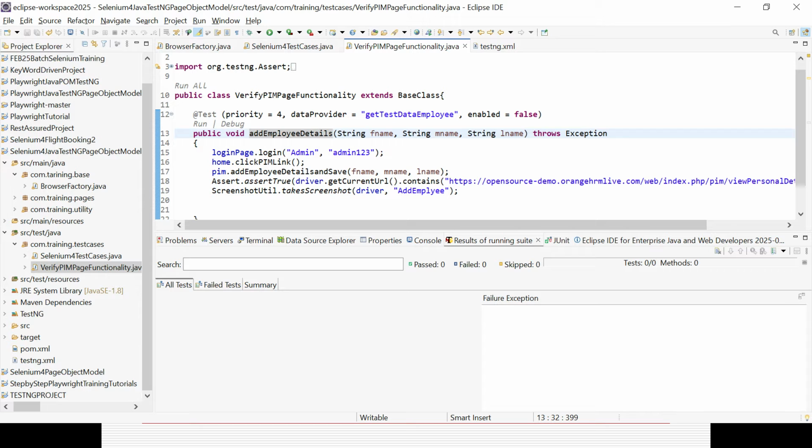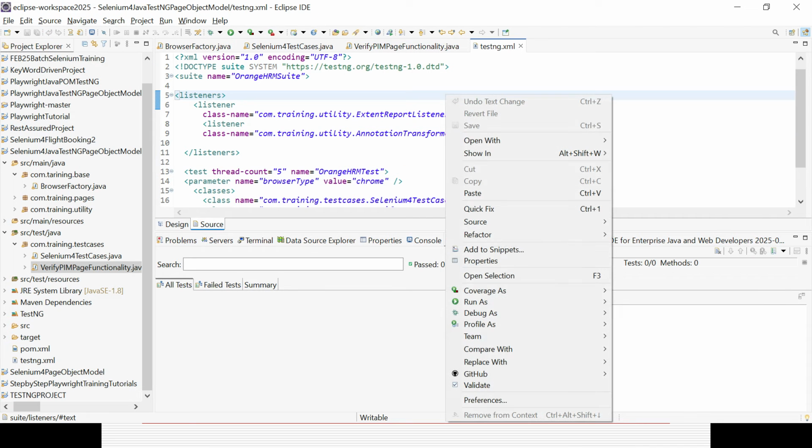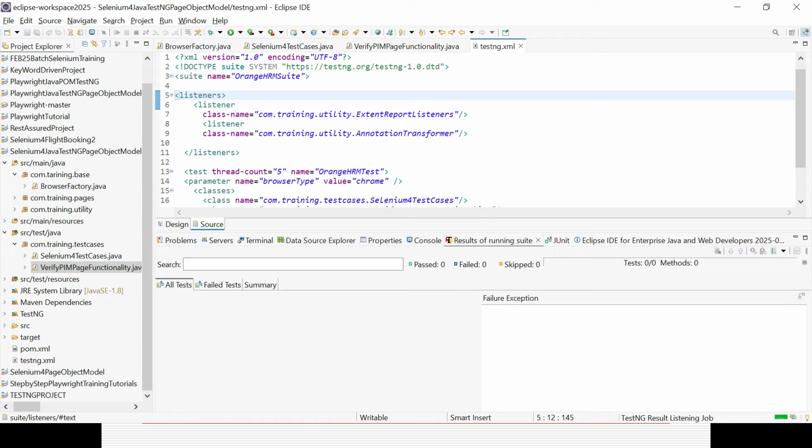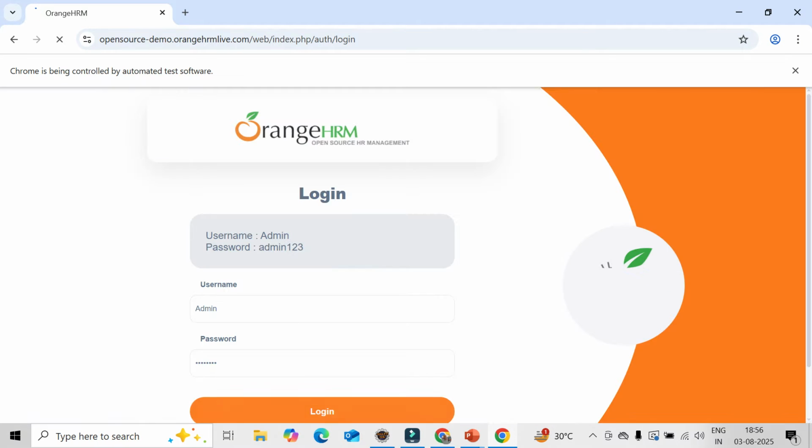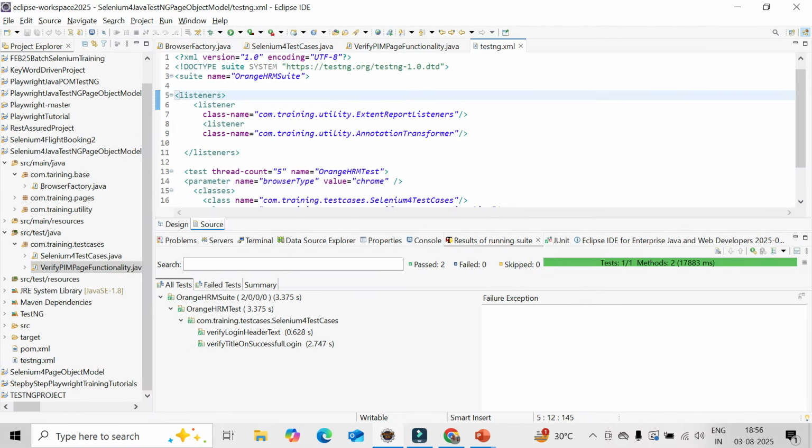So now let's save the code and let's try to run from the testng.xml file. What will happen now? It will run only two test cases, though there are four test cases available. One test case executed and it is running the other test case. It is also getting executed, and two passed, you could see two executed, two passed. This is the suite name, this is the test name, this is the package name dot class name, and this is the method name. Now if you refresh the project,